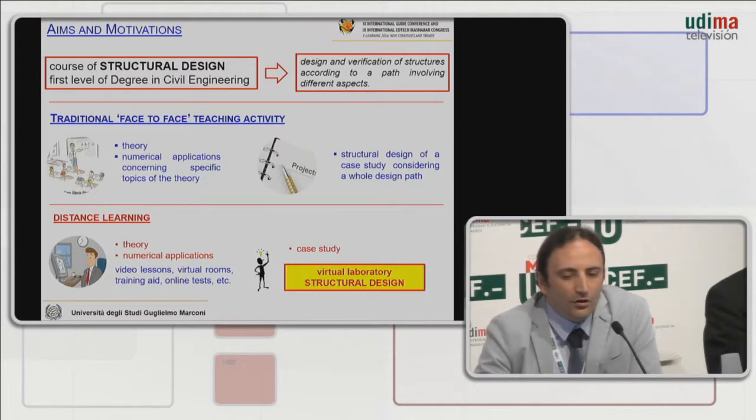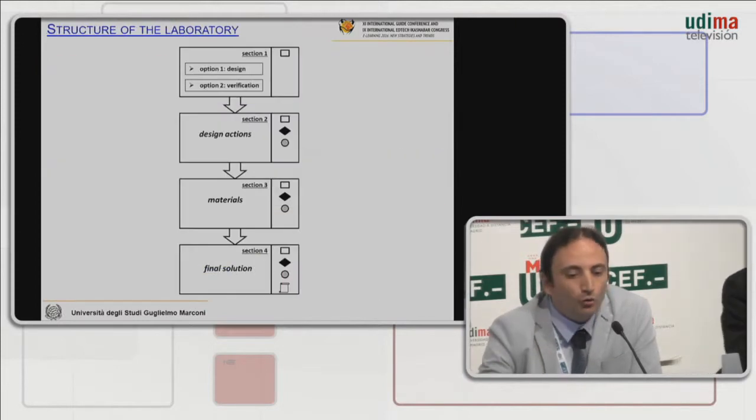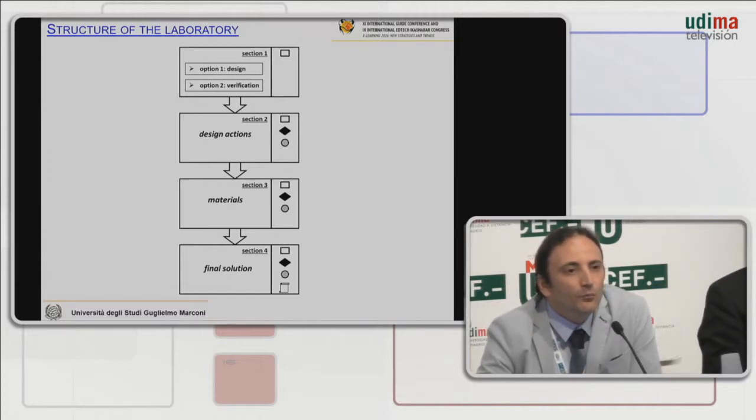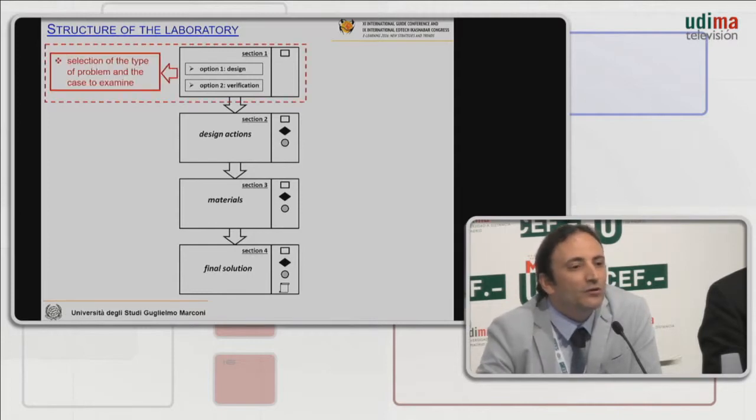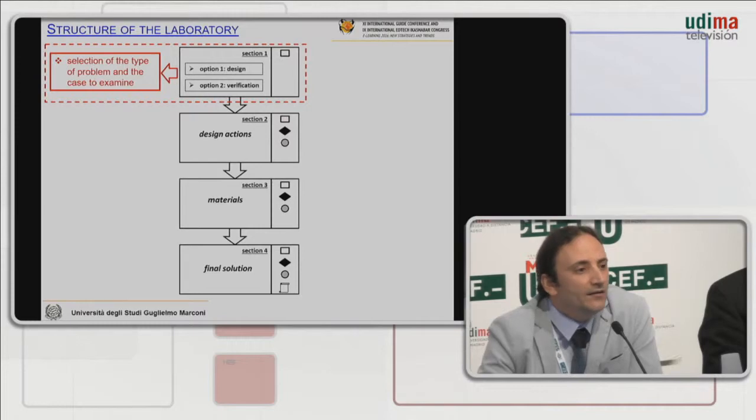The main goal of this laboratory is to improve the skills of students with the development of numerical application of structural design, but involving and assisting them in a clear design path. So, the structure of the laboratory structural design is very simple. It is composed of 4 main sections. The section 1 is devoted to the selection of the type of the problem, that is the design or the verification of a structural member, and to the case to examine. In the library of the laboratory are